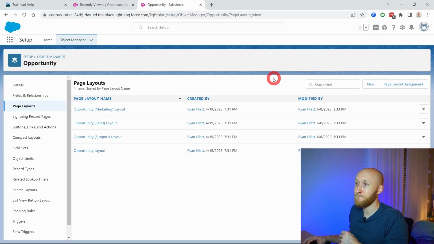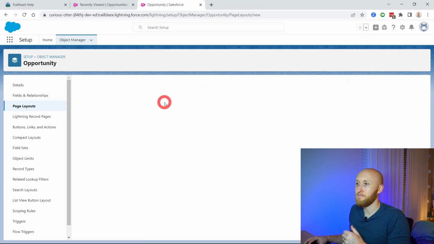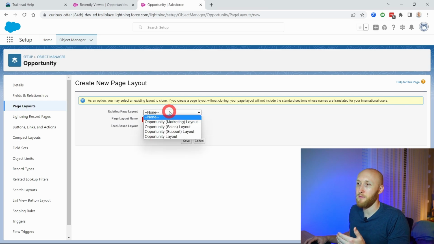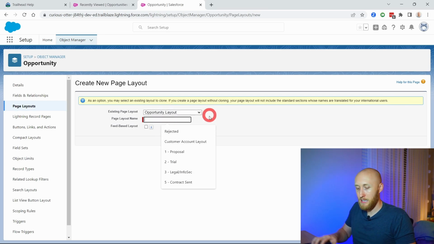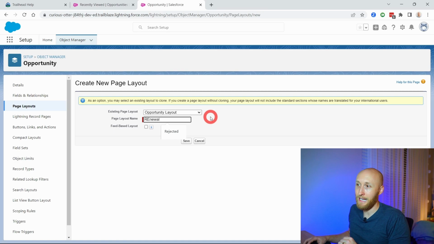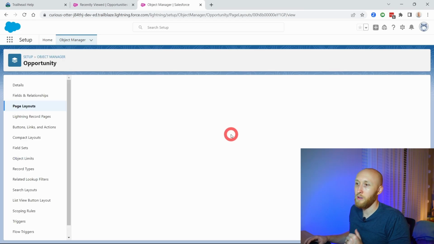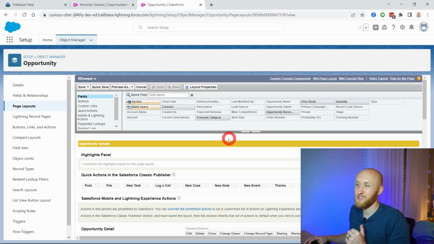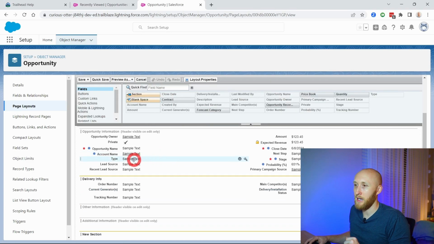So I'm gonna jump back in. We currently have this opportunity layout, which for the most part is on the new business opportunity, but I wanna create a new one here. I'm gonna create it existing off of the current opportunity layout, but we're gonna call this the renewal layout. And so this one is gonna be assigned to the record type of renewal. And so we'll have a lot of the same stuff, but just to show you the differences here, I'm actually gonna take out a lot of these fields so it looks a lot smaller,